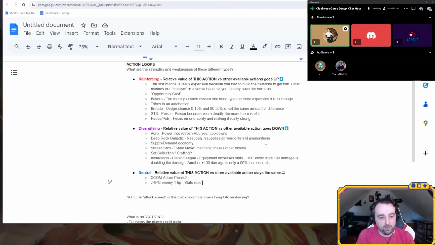We have to use an example where I chose an action, and now the relative value of this action and all my other actions has not changed. Or, we don't have to be sticklers about it; these things have changed very subtly. If I was working on a game and found an action I let players take that did not reinforce or diversify in these ways very strongly at all, I would try to redesign that thing, because it sounds like it's bad.